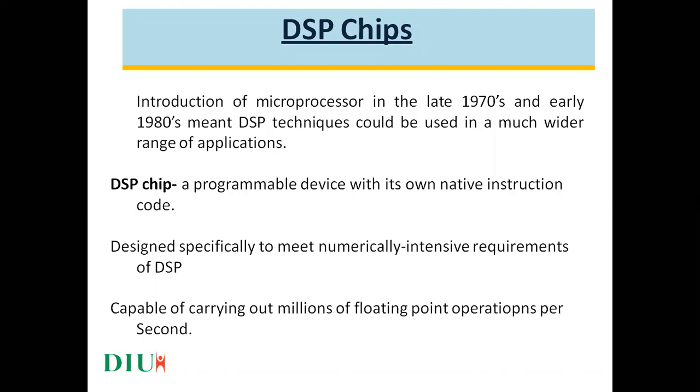Okay, which does a lot of other similar operations, we can say. Once the theory of transistors began, all the transistors were converted into ICs, that is integrated chips. Once the integrated chip arrived in the late 1970s, the microprocessor was introduced. And in the early 90s, DSP techniques were used much more widely, with a lot of applications.